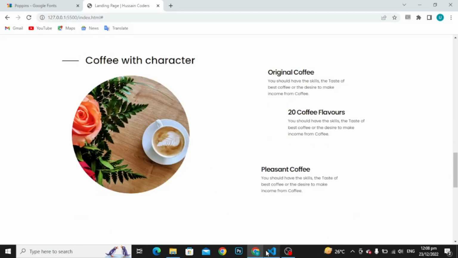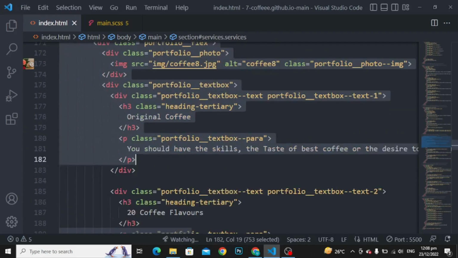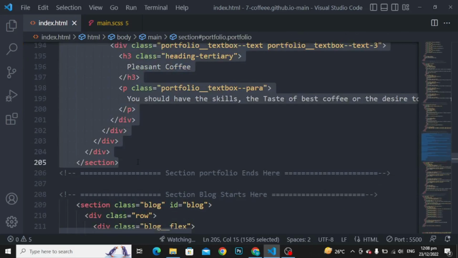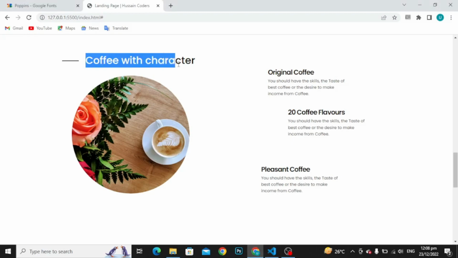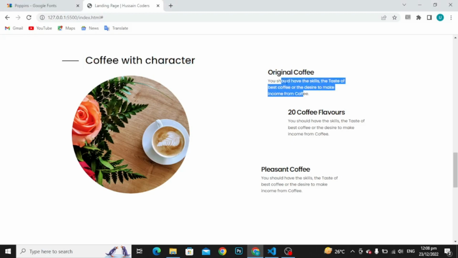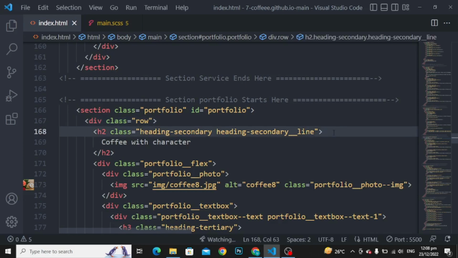Now moving to the next section, the portfolio section. The portfolio section starts from here and ends here. In the portfolio section, as you can see, we only have to create heading, some image, then we can create this portion, add para, and have to copy this portion and place it 2 times. Okay, in the section class portfolio, div class with the name of row to center our content, heading class with the name of heading secondary, and here is the heading,